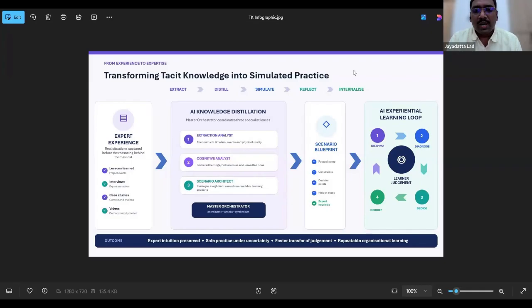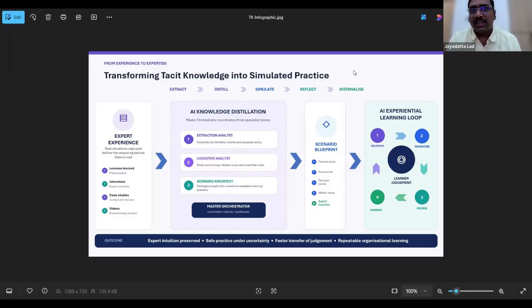In this case, what actually happens is we can take a collection of documents related to a particular domain, and this can typically be in the form of your PDFs, Word files. They can also be audio files. They can be your video files. We can put them through this agent. The agent does its magic at the back end. Basically, it's a series of prompts which have been run through, and the orchestrator selects which prompt it wants to pick up to do which section of the distillation.